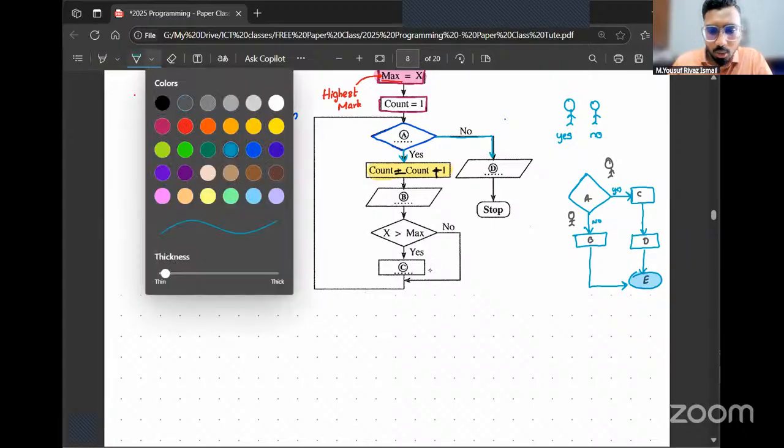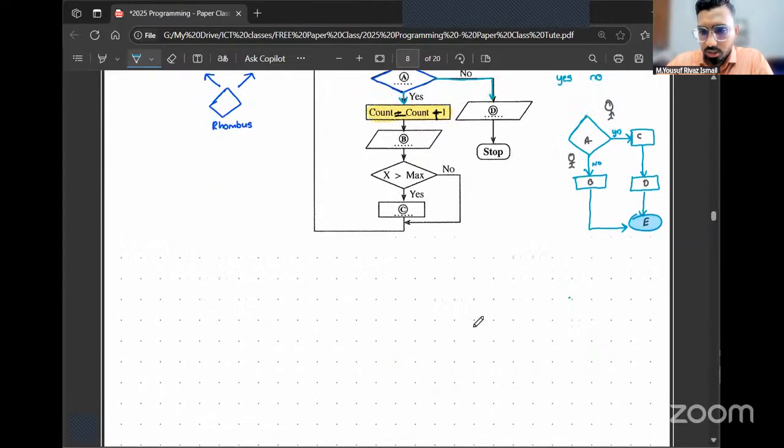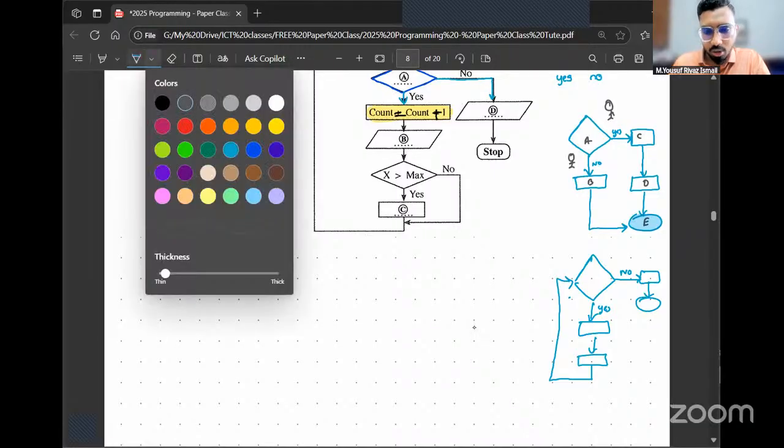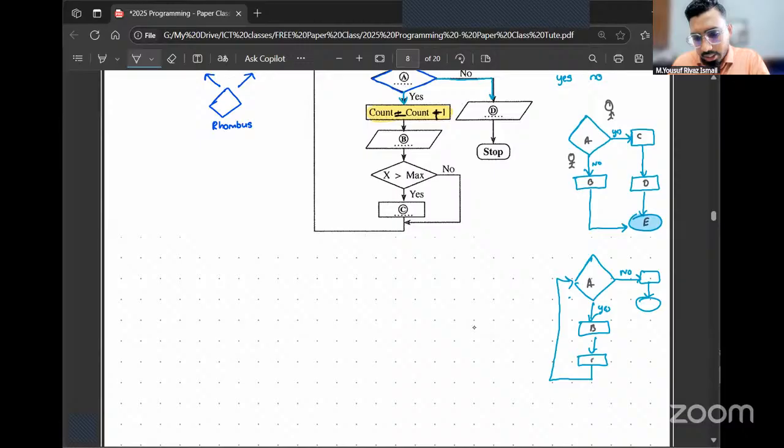Now, similarly, look at this structure. I'm going to redraw another structure. Now, when you look at this structure, let's call these A, B, C, D, and E. There is one fellow who is going to go through the yes direction, and there's another fellow who is going to go in the no direction.